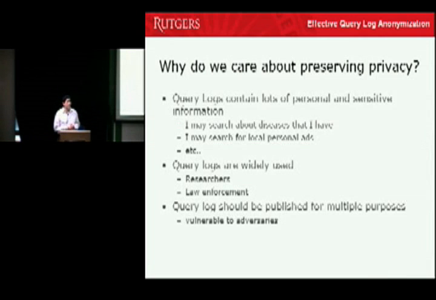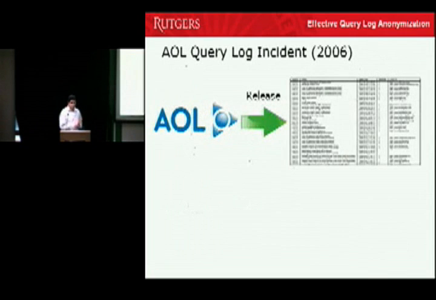As I said, they're really valuable, and you want to be able to analyze them and come up with interesting information. It's useful for researchers, it's useful for law enforcement, and so on and so forth. So we want to publish them, perhaps release them. Even if you don't want to release them, you want to keep them archived in a reasonably safe way, so to speak. One example, all of you probably know about the AOL Query Log Incident, which happened in 2006,